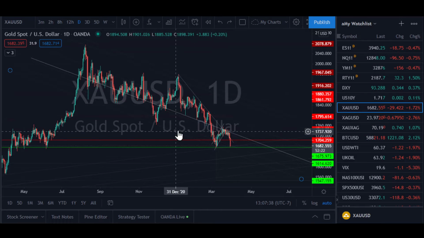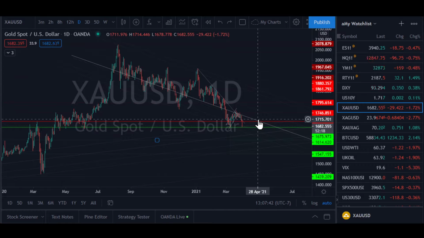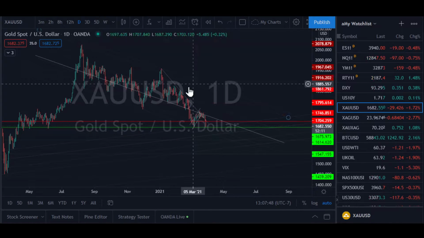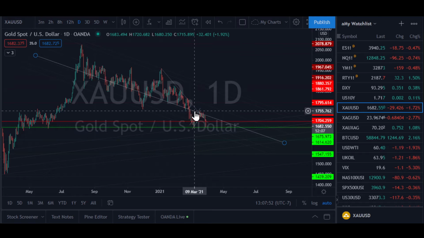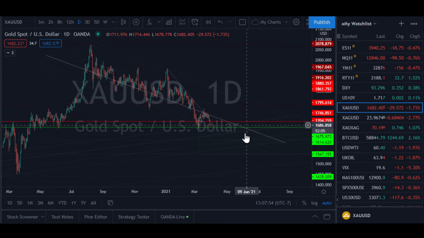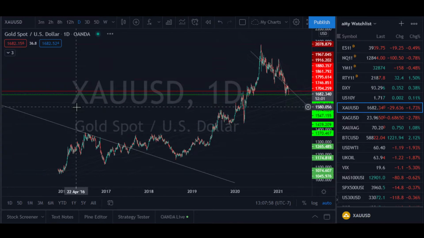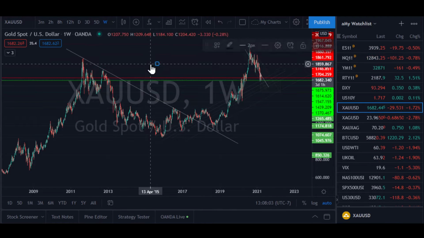So let's get back to what I've been talking about here. I have been putting out videos for a short time, and I've been tracing gold because I think that what's happening with gold is this long-term cup and handle still has some ways to go to the downside. Now, I had put in this green box. The reason I put in this green box is because I believed, if I go to my weekly chart here, that the